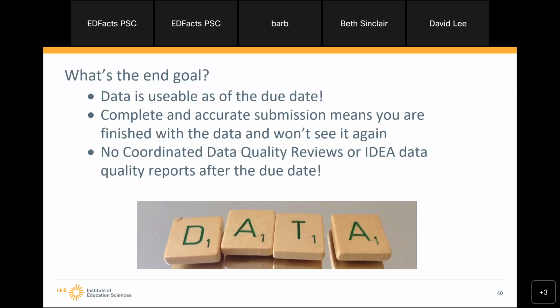So with that expectation, what's the end goal? The end goal is that data is usable at the due date. The next day after a due date, the data technically should be ready to be used by the program offices, other areas that use the data. That's the end goal. Complete and accurate submissions means that you're finished with the data and you won't see it again. As Barbara presented earlier in the old data quality diagram,